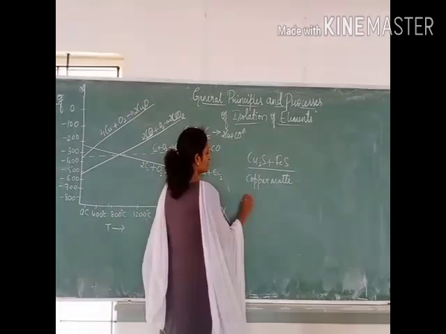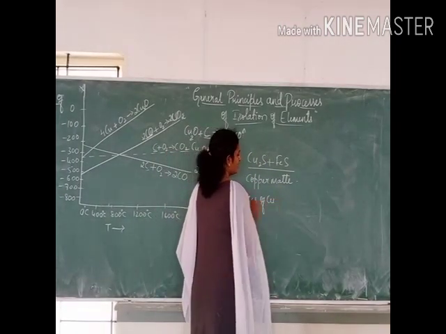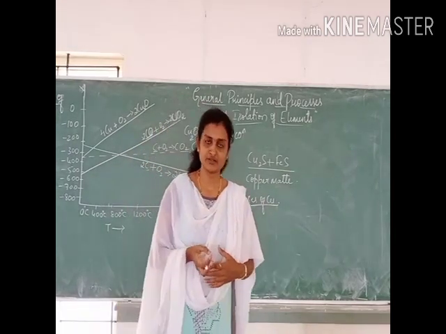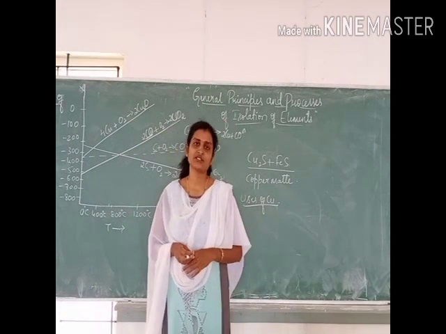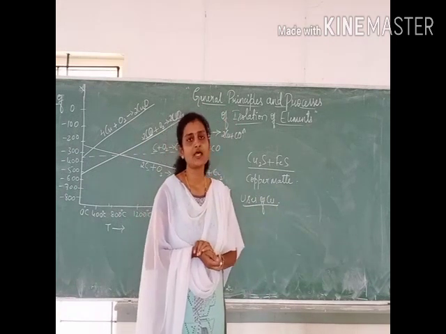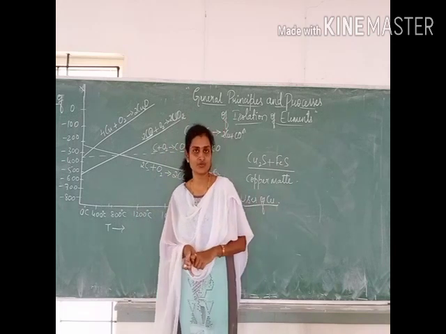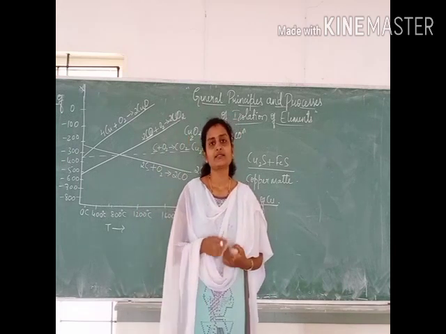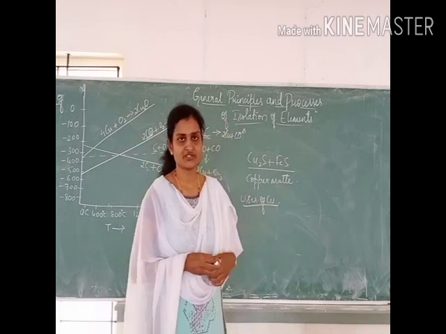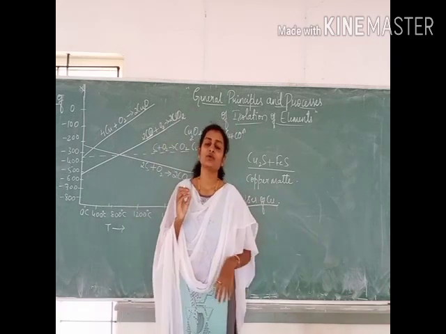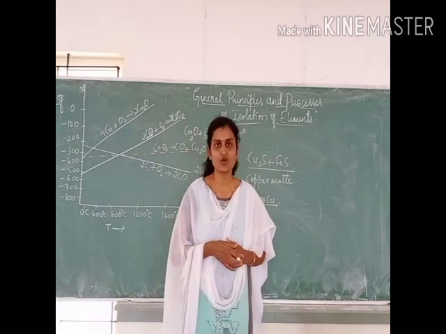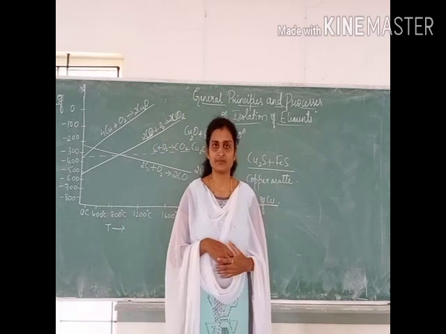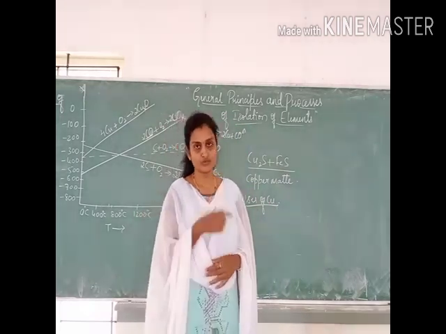So then coming to the uses of copper. You generally know where copper is used. As it has a highly electrical property, it is used to prepare electric wires, and it is also used in the preparation of household utensils and alloys, as well as electroplating. It is also used for coin preparation. And copper, you know, is non-reactive with moisture. It does not react with water. Because of that reason, it is also used in the preparation of water pipes. Okay, students, so this is about the uses of copper.